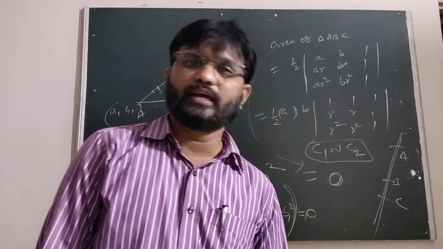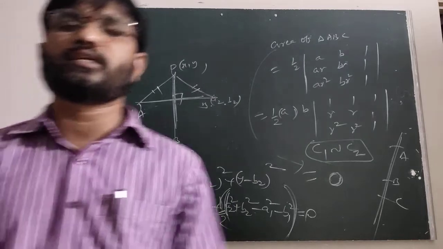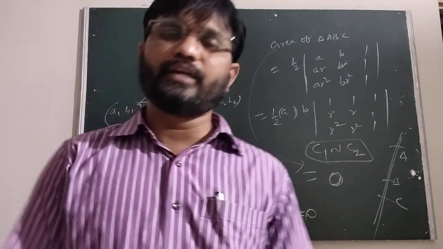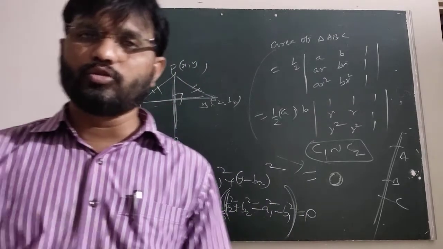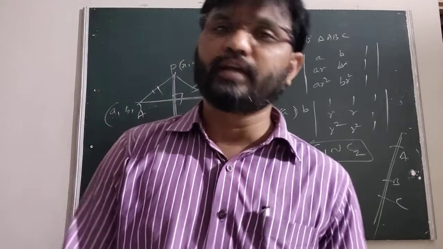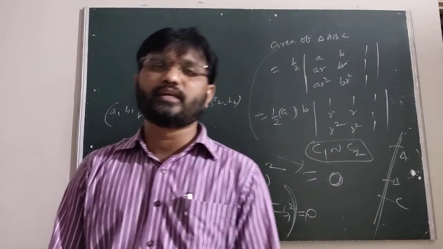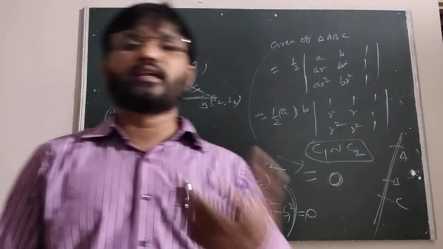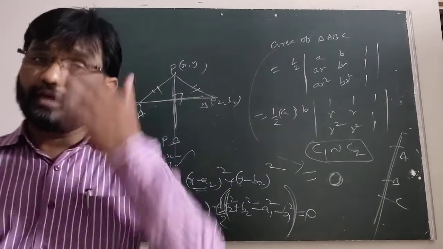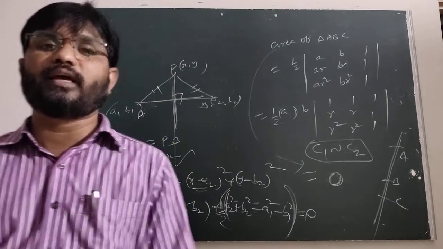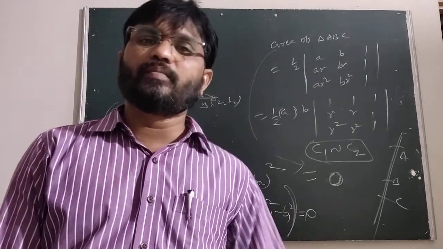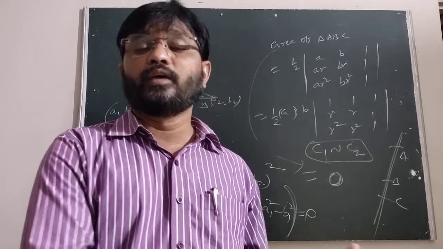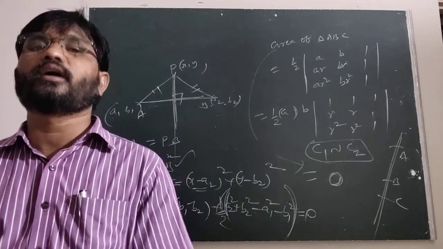At the same time, we first discuss the inclination of a straight line. After that, tan theta is nothing but slope. Slope m equal to tan theta. Suppose the 2 points are given, its slope is y2 minus y1 by x2 minus x1. Inclination is given that m equal to tan theta. After that, the slope of the line ax plus by plus c is minus of a by b. Then if the slopes of two lines are equal, they are parallel. If the product of the slopes is minus 1, then they are perpendicular.